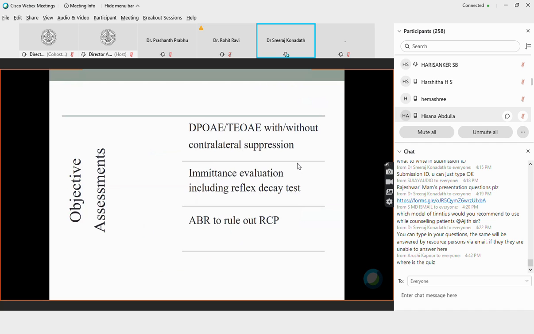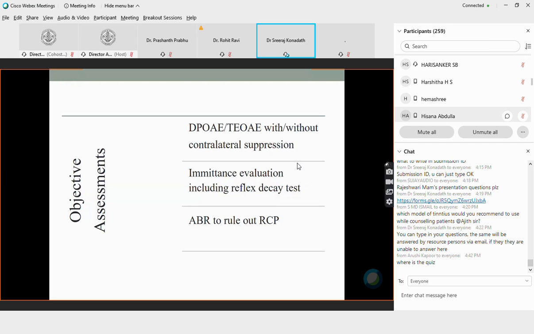So now, going to objective assessments. Under objective assessment, my concern is whether you all need to do this or not. I would say you need not do it if your aim is to make the individual better. But in some instances these are going to be useful, because if you're really not able to find out the cause of tinnitus generation, these tests are going to be helpful for you.